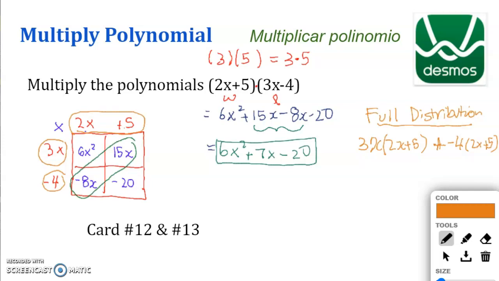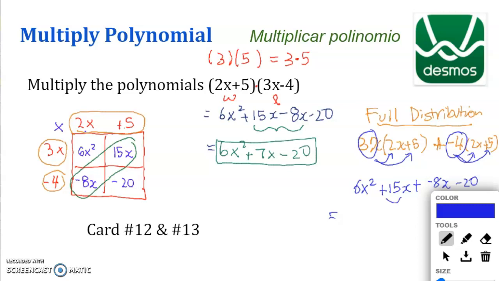And then from here, you're using the two separate distributions. So 3x, I'm going to multiply 3x to 2x. 3 times 2 is 6, x times x is x squared. 3x times positive 5, 3 times 5 is 15, multiplied by x is going to be 15x. Now, you're going to add negative 4 times 2x. Negative 4 times 2 is negative 8, and then multiply by x. And negative 4 times positive 5 is going to be negative 20. Then from here, you're combining the like terms. The like terms are these two. So you get 6x squared, 15 minus 8x, which is 7x, minus 20. You get the same answer as before. So you can do it more algebraically, or using the full distribution, or the area model is really just